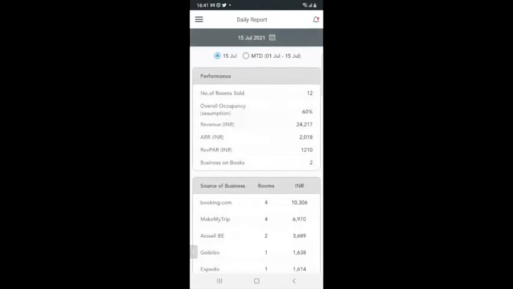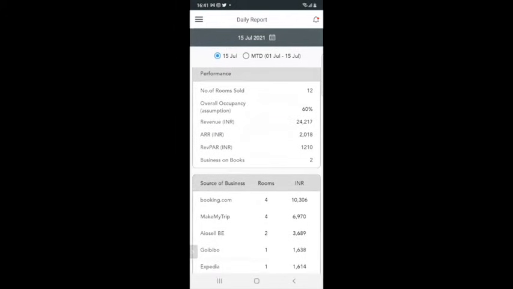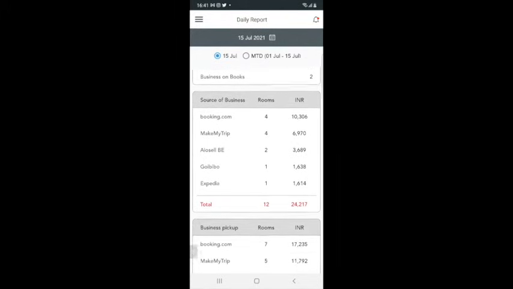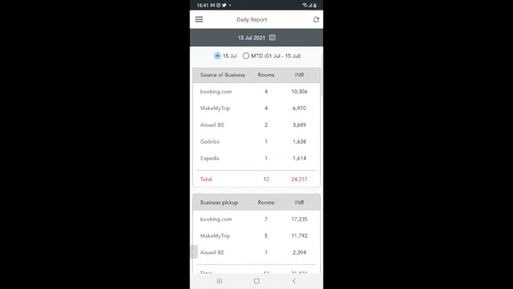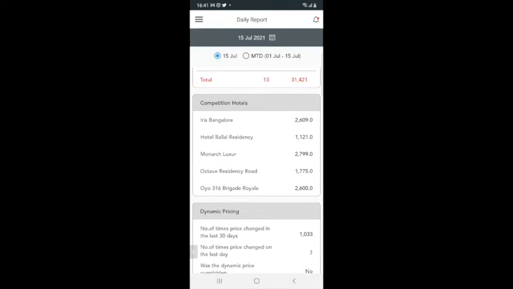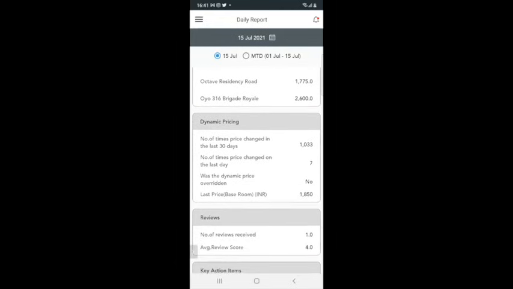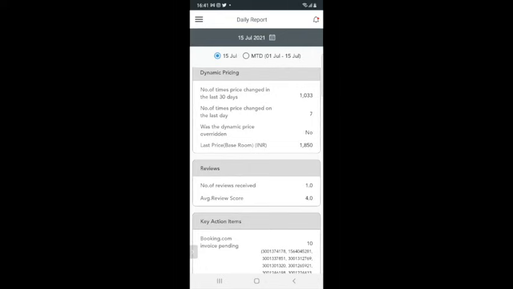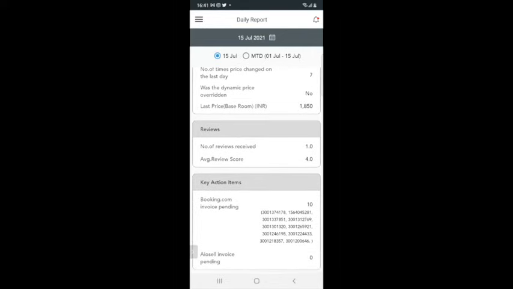So here you see, this is the daily report for the 15th of July for this particular hotel, which gives us in a quick snapshot the summary of the property, which means the number of hotel rooms sold, the overall occupancy, the revenue, the ARR, the RevPAR, the source of business where we got the bookings from, what kind of business pickup happened, the competition hotels and what their rates are, and some more details about dynamic pricing, how many times the price has changed, how many reviews we got, as well as the key action items